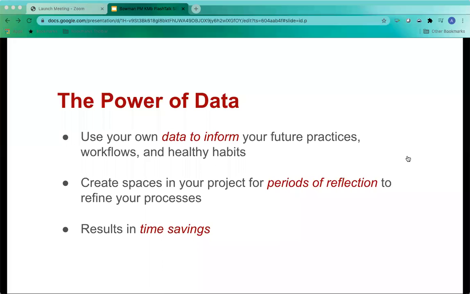If you can move from being in a space of reactive to proactive, it's really true that an ounce of prevention is worth a pound of cure. This feedback loop is going to help you more accurately predict and plan your time now so you can work better in the future. And this, I promise, is going to amount to all around time savings, and you're going to start seeing the benefits really quickly. If I am wrong on this, please reach out to me.